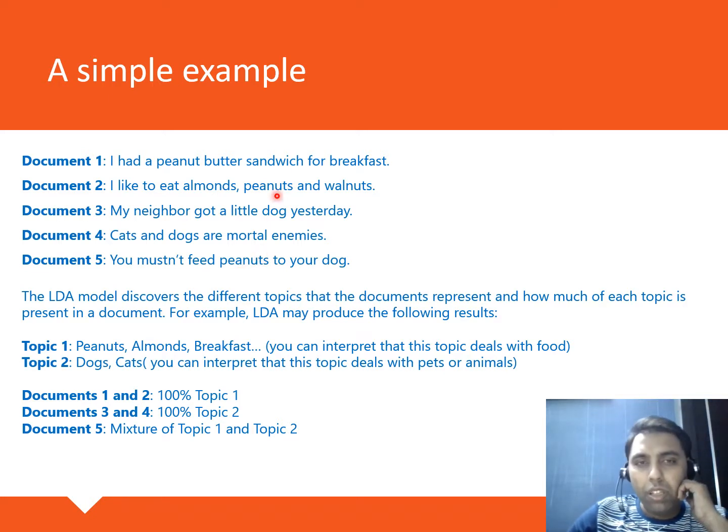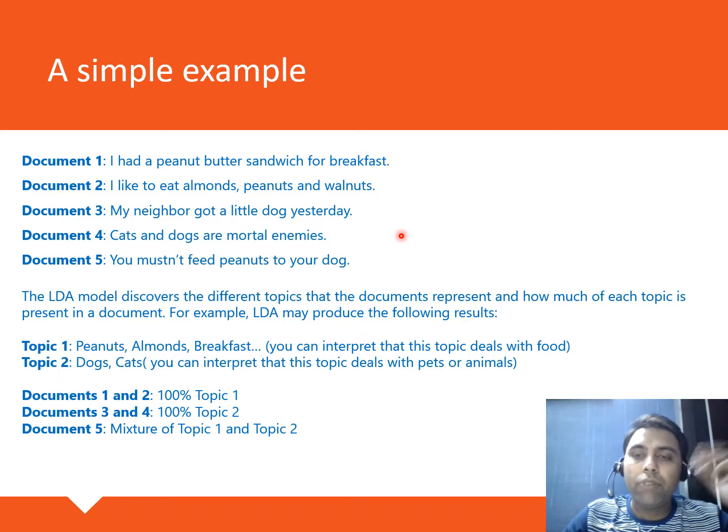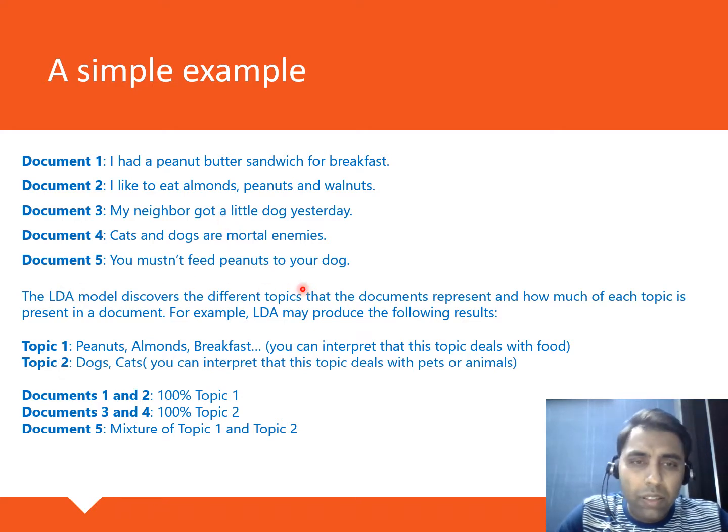So if you just read through these 5 documents, you will see that there are 2 topics very apparent out here. One is related to food or breakfast or nuts, whatever way you may call it, and the other one is related to animals or pets, right? Documents 1 and 2 are exclusively about topic 1, which is breakfast or food or nuts, whatever you name it. And documents 3 and 4 are exclusively about pets or animals. There's nothing to do with food mentioned in documents 3 and 4. And document 5 is actually a combination of topic 1 and topic 2,